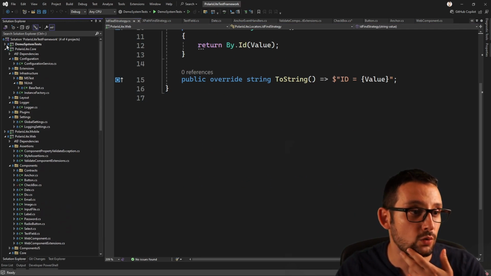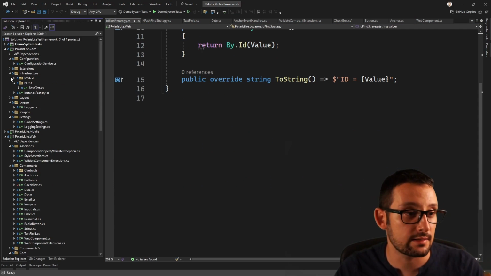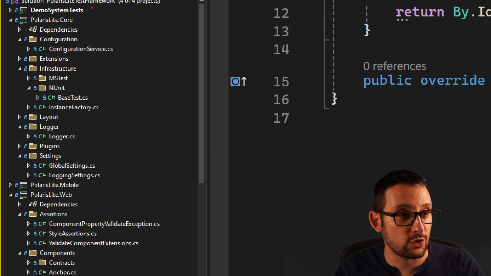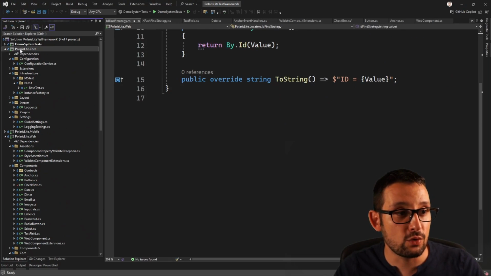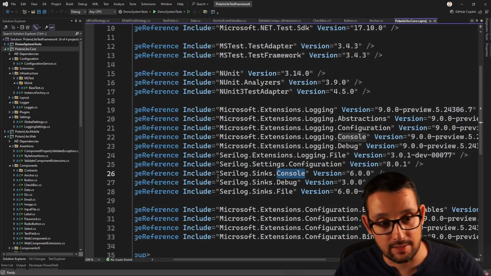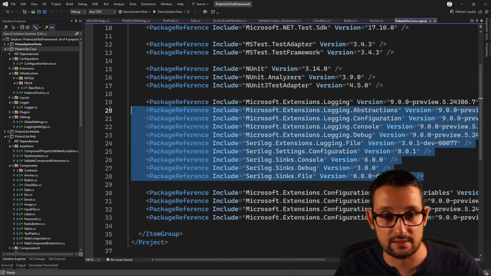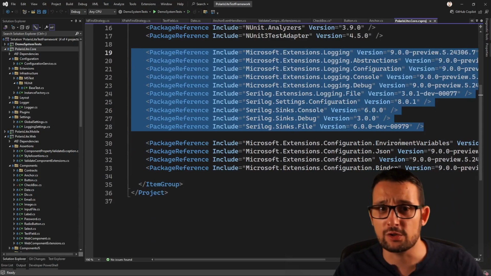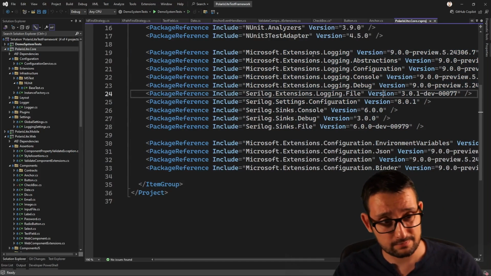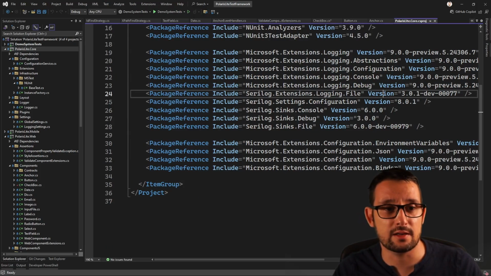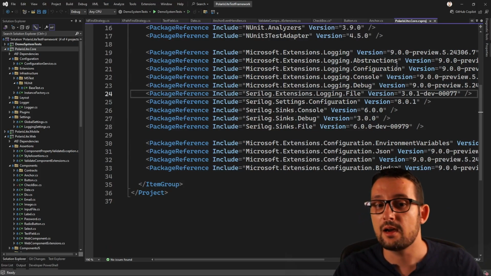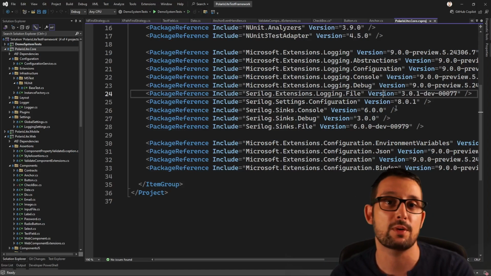In order for the logger to work, it's a static utility class, and I added it here in our core project. As you can see here, in the core project I have a namespace Logger, and I have a static Logger class. We need a few NuGet packages. I'm using the default way to do that in .NET. In .NET Core, I installed all of these related NuGet packages coming from Microsoft.Extensions.Logging, logging abstractions, configuration, console, and debug. Also, all of this infrastructure supports integration with other open source